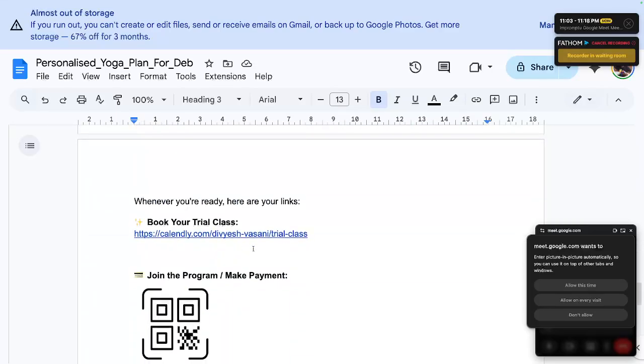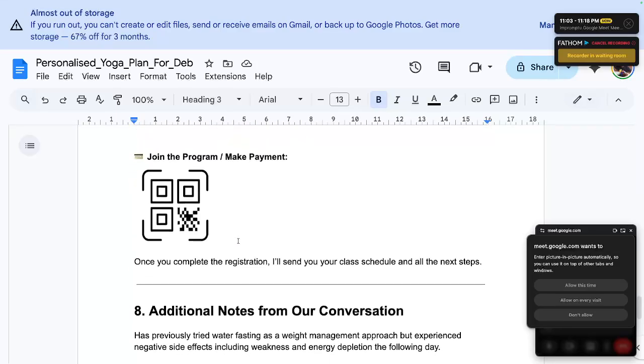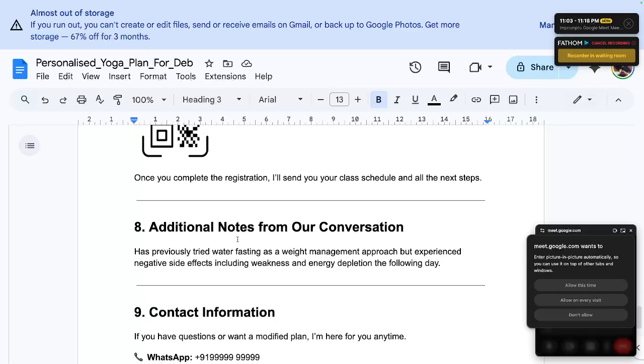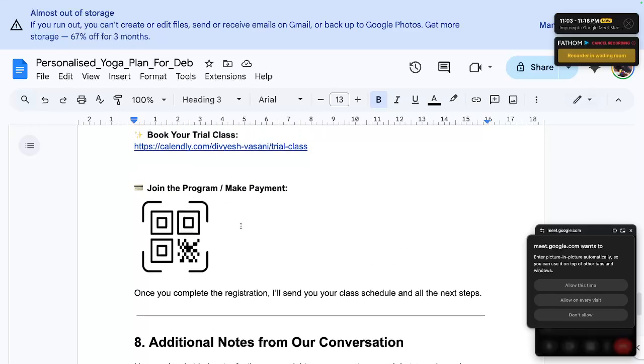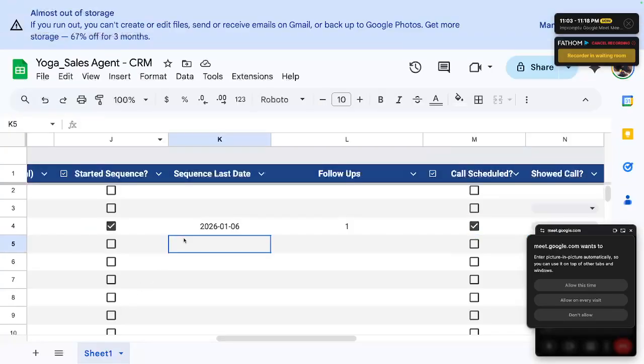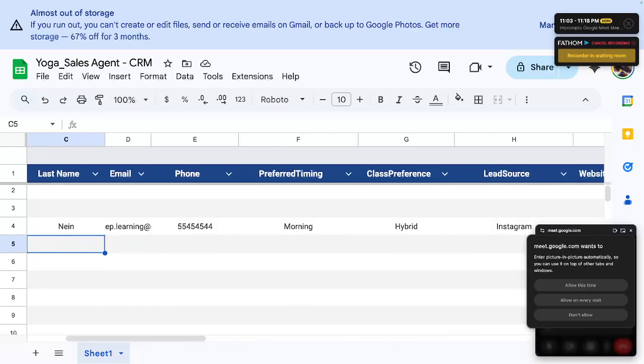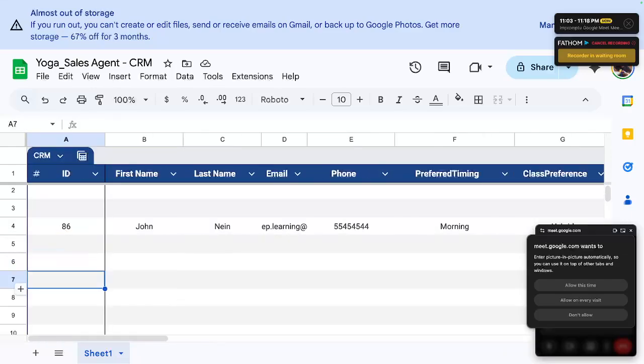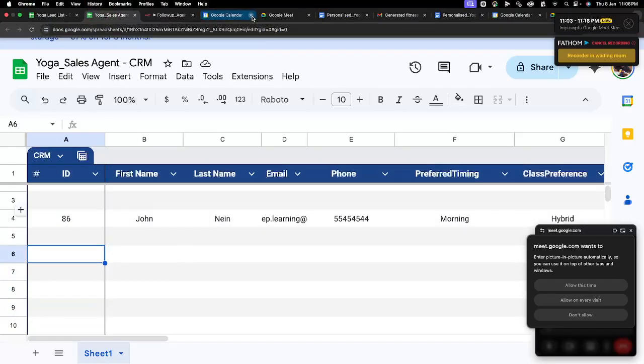You can even put your trial class link as well, where she can book the trial yoga class in this scenario. And there is a payment link as well, a QR code. And then after this is done, you can even send a welcome email as well. So everything can be automated. All we started with is a very simple list of leads. It can be any number of leads. What this AI agent is going to do is that